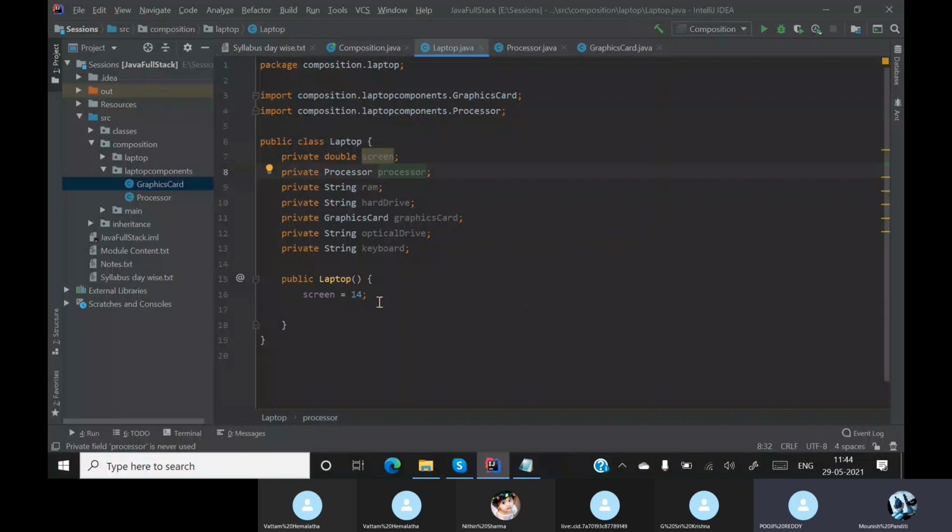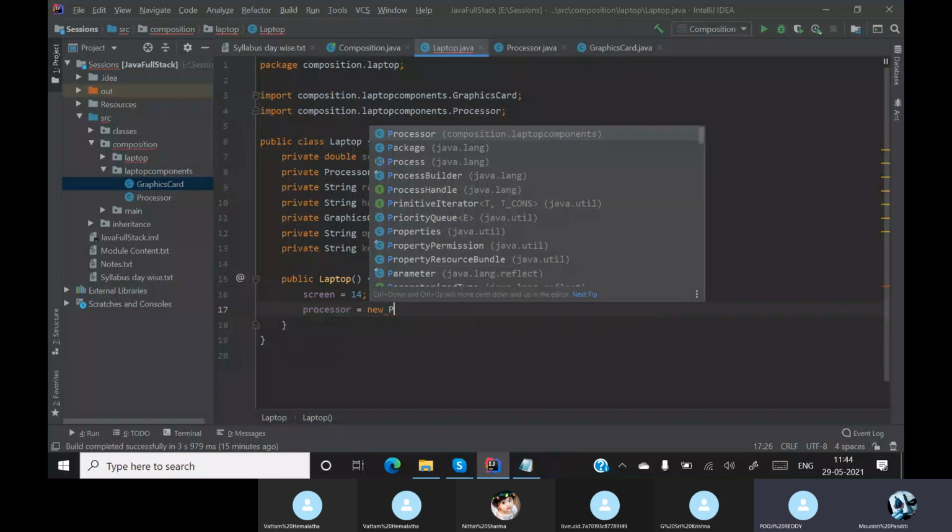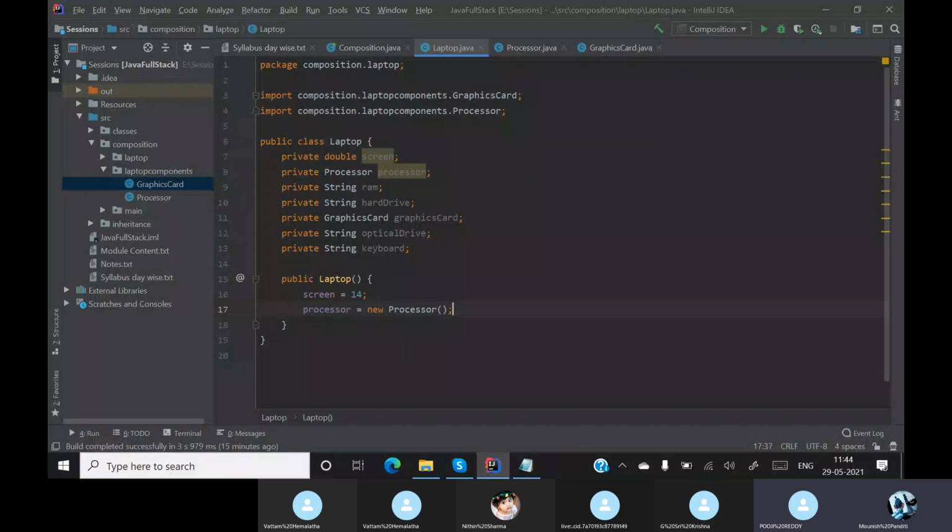So if you want to give some value to a processor, how do you give it? Any idea? So can I simply say processor equals new Processor? We are just creating an object over here, because everything is an object only, right? Yes, sir.